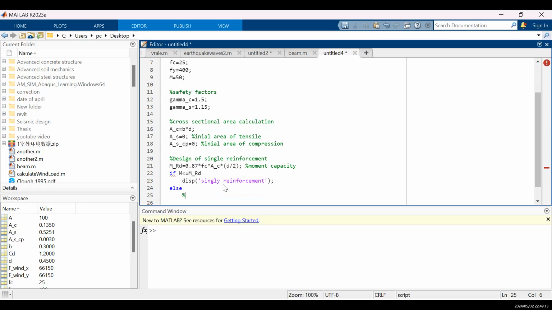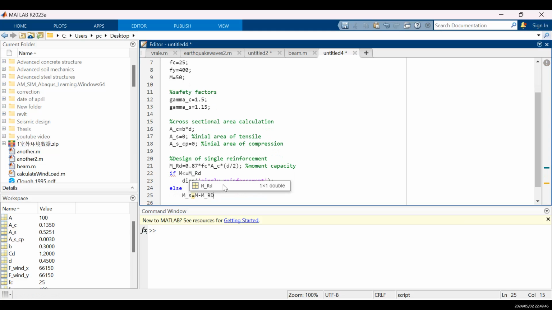So I need to define Ms here. Our Ms represents the required moment carried by steel bars. You know what I'm saying, right? So Ms should be M